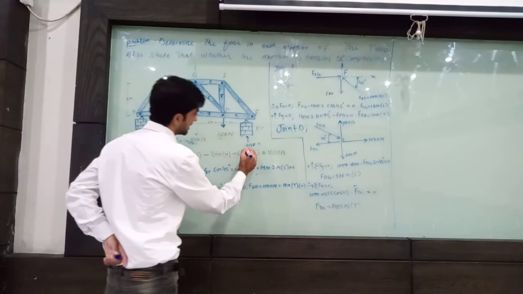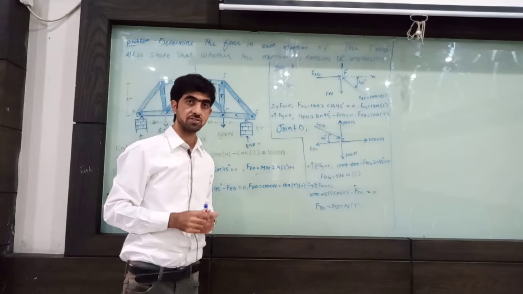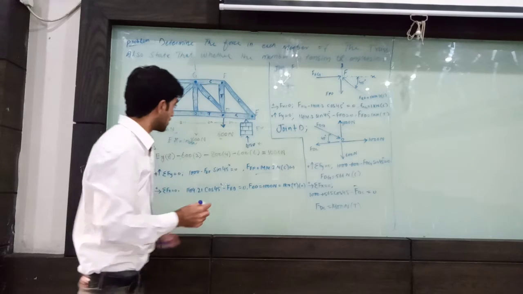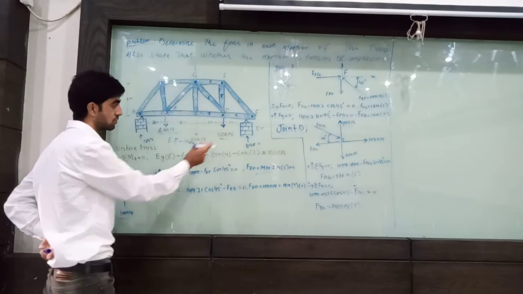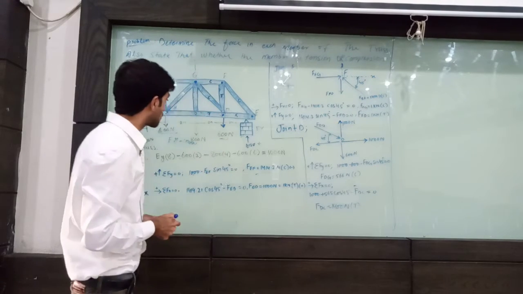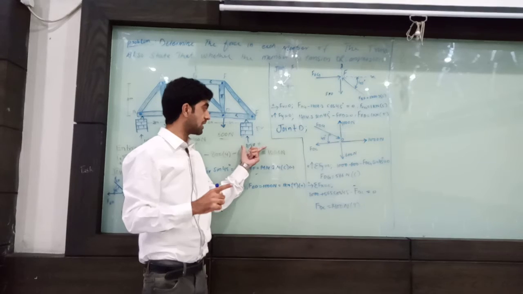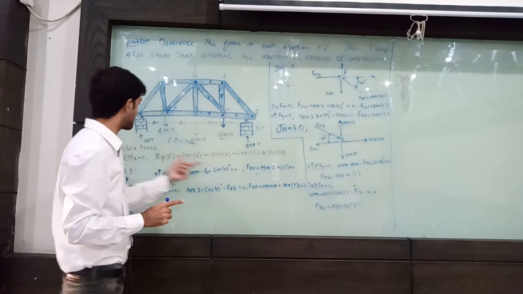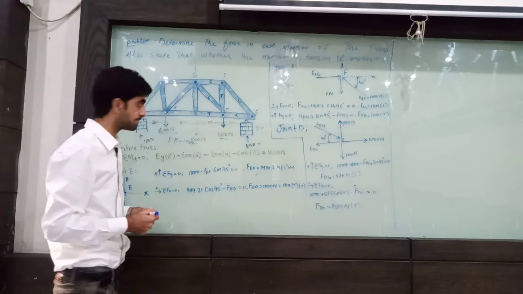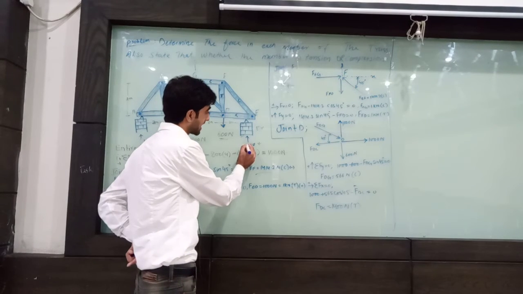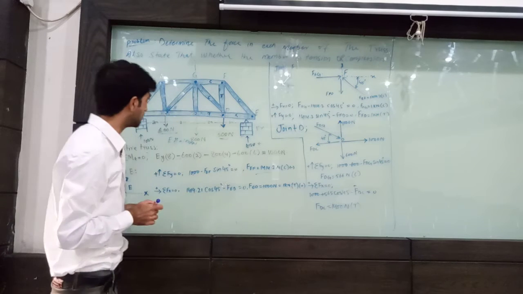So we can find the reaction. The reaction is 1000. Another method to find the reaction of this truss: we can combine the loads, add the loads. 600, 800, total 2000 load. Okay. 2000 Newton load occurs. So 2000 can be divided by 2. 1000 Newton load is the reaction of this support. Okay. So basically that is the reaction. So now one step is solved, to find the reaction of this truss.